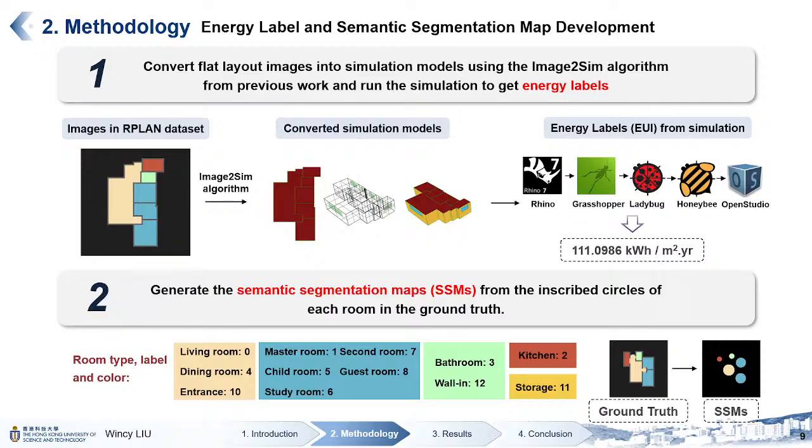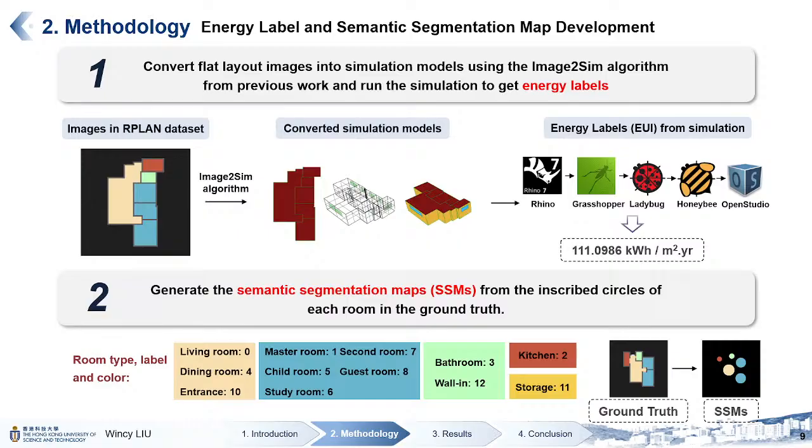When we're training the model, the input for the geometric condition, the semantic segmentation map, comes from the ground truth. We get all the rooms' inscribed circles to represent the room's location, room's type, room's number, and such information in these images. Here we can see. But after the model is well trained,